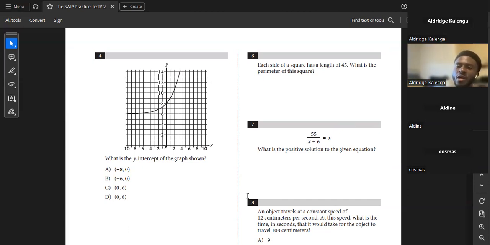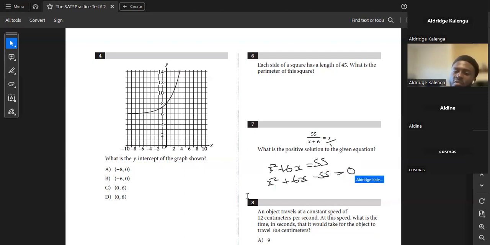All right, so we are going to cross multiply this, right? This is as good as saying x over 1. So we have x squared plus 6x is equal to 55. All right, and we can subtract 55 from both sides, and see the product here is negative 55. The sum is 6. So the two numbers that multiply to negative 55 are gonna be positive 11